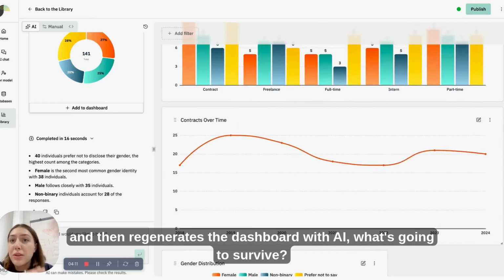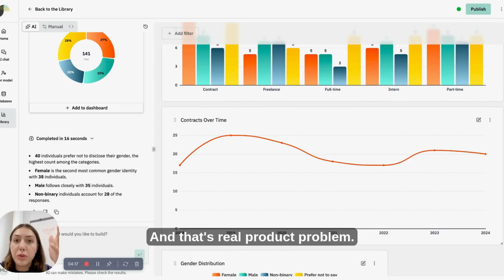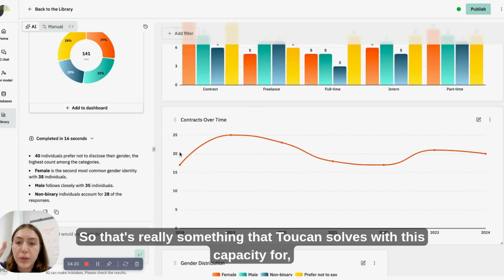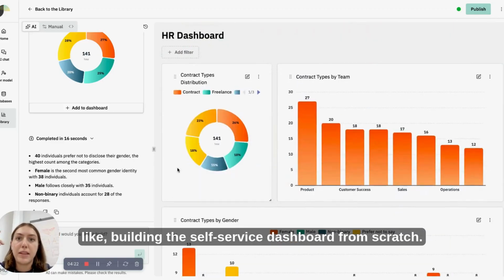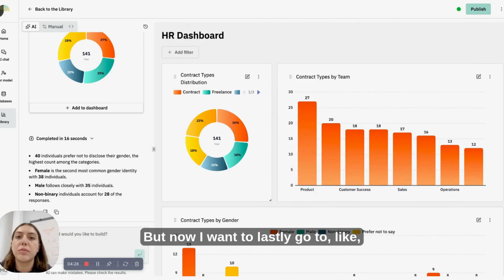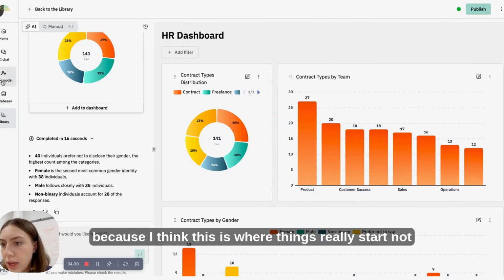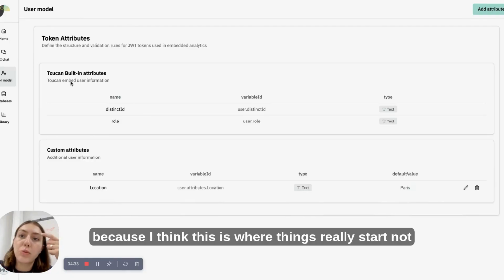So for example, if a user manually edits 3 elements and then regenerates the dashboard with AI, what's going to survive? And that's a real product problem. So that's really something that Toucan solves with this capacity for building the self-service dashboard from scratch. But now I want to lastly go to my user model area,